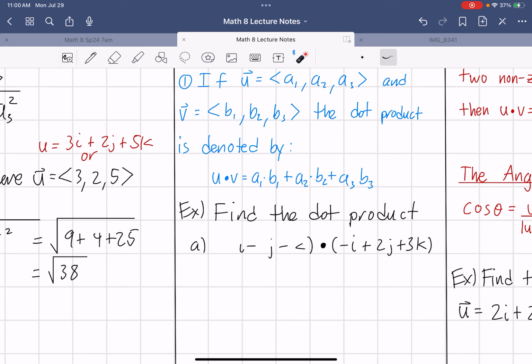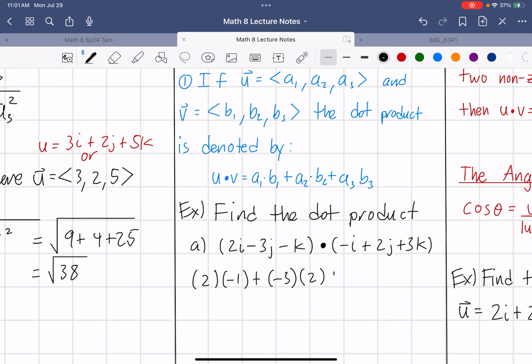I just say do the dot product of these two vectors, and it's going to look something like this. So it's going to be 2 times -1 plus -3 times 2 plus -1 times